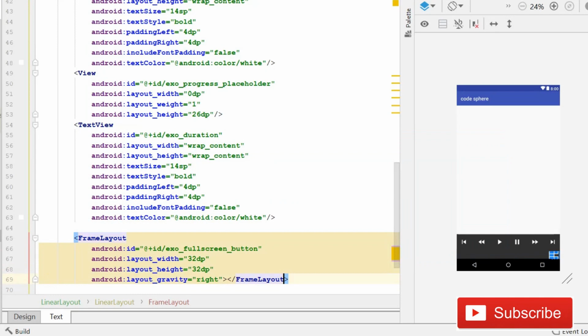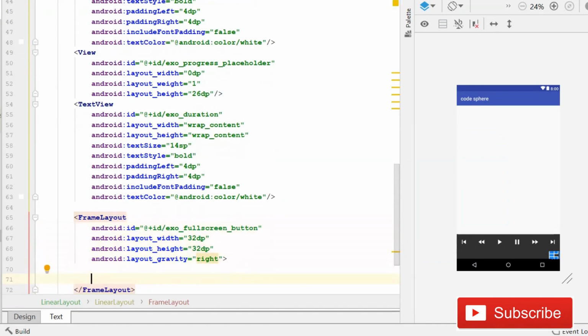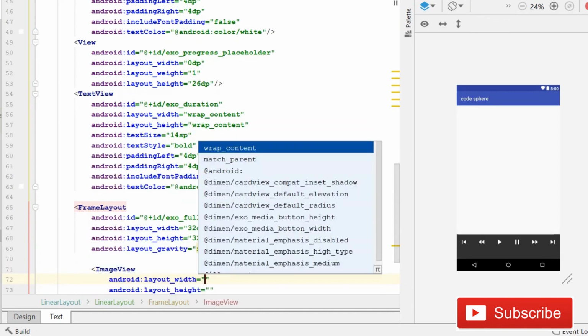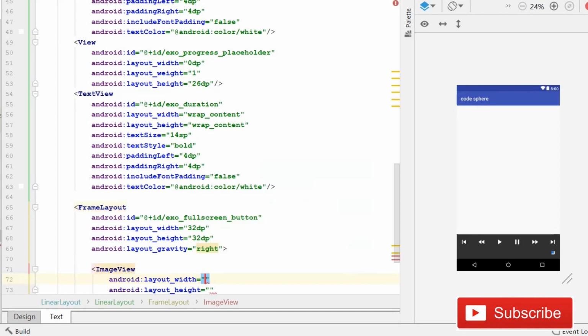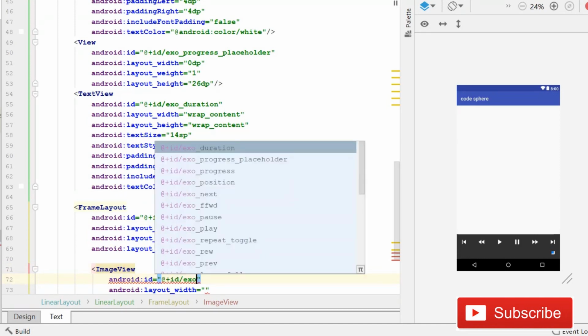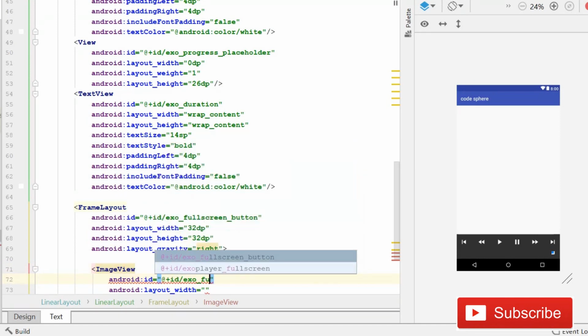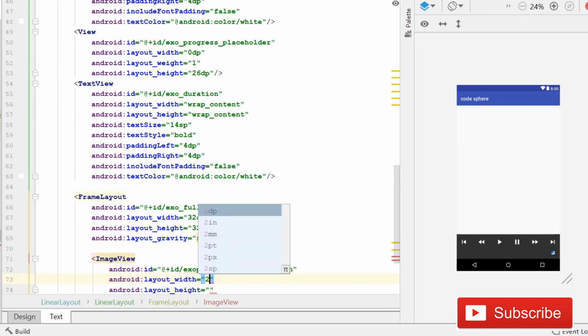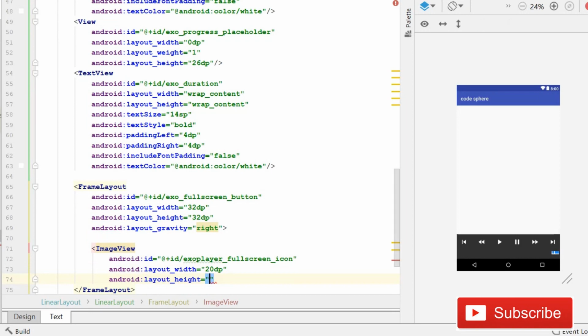inside this frame layout here what we are going to do is we will use an image view for the button. So simply write image view because we will switch the drawables when the button is clicked, so that's why we have to use the image view. So here what we will do is again we will give it an id first, then simply write id and it will be exo underscore full screen and then after this underscore it will be icon and now after this its width will be 20 dp and then after this its height will be again 20 dp and then we will make it clickable,